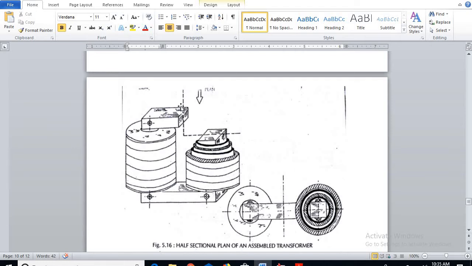Next, coming to the left half section, which is an uncut sectional view, at the top we can see the yoke, which covers the winding. So I cannot see the winding at this particular portion. I can see the winding only at the outer left portion.